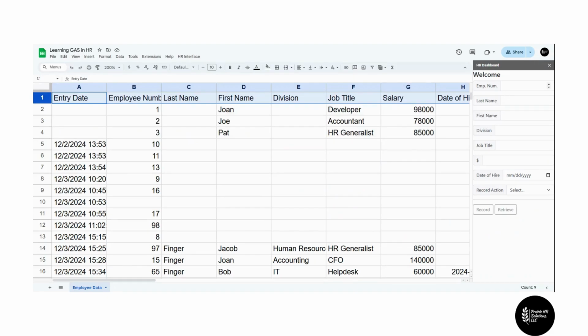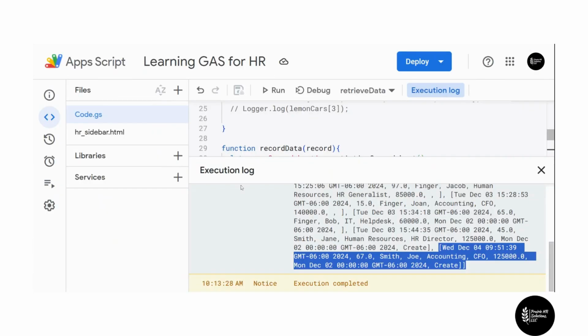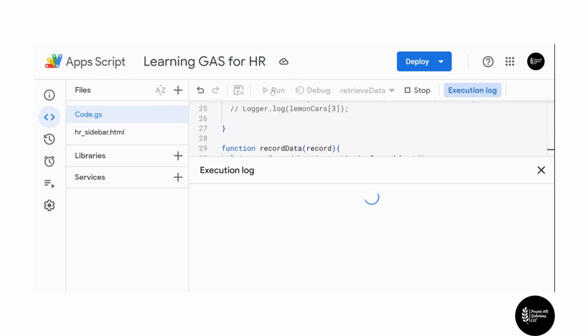Now, if we go in here and create yet another record, and then we'll do Jones, Smith, works at, let's just do HQ, and then job title is, we'll just do maintenance, put some data in here, and then hit record. What it'll do is it'll populate, and then when we go back here and run it again,